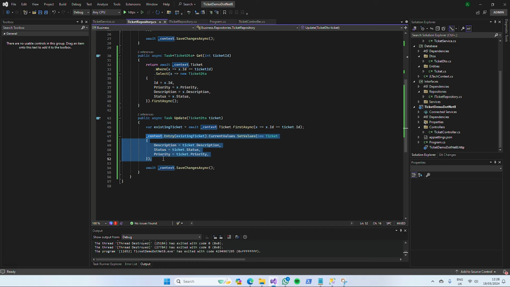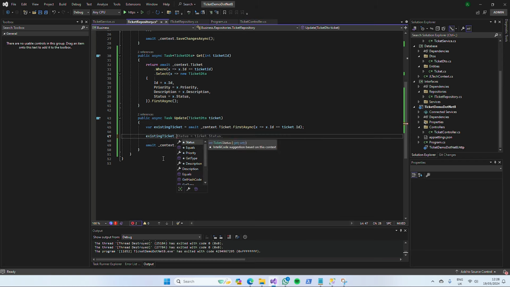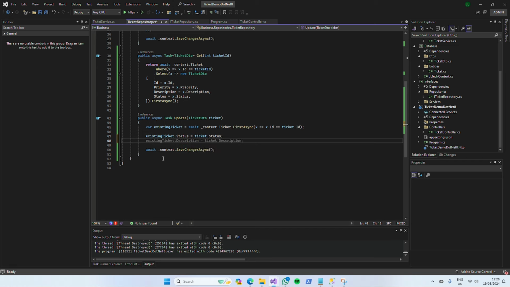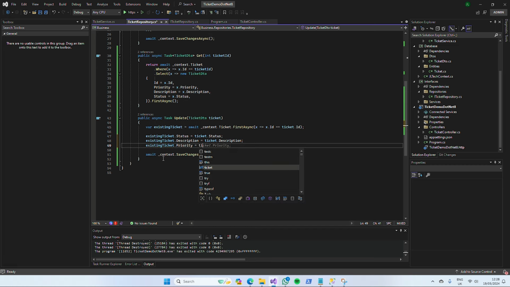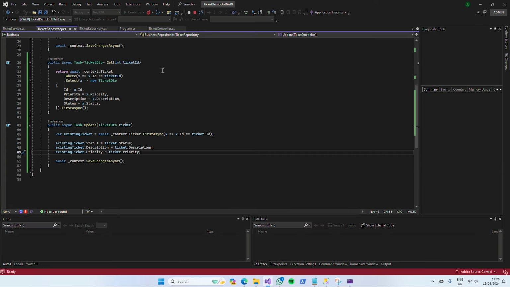Okay, so because we're doing this particular method of using these current values, it's not particularly liking it. So what we'll have to do is we'll do it a different way, and this is all good knowledge, because it teaches you a different way of doing things. So if we just say existing ticket dot status equals this, existing ticket dot description equals this, and existing ticket dot priority equals ticket dot priority. So that's another way of going around that. So if we now hit HTTPS,